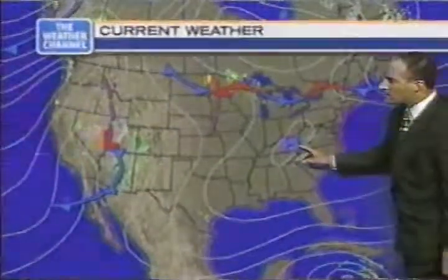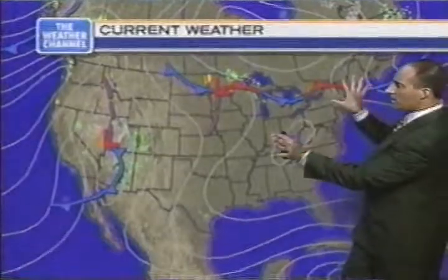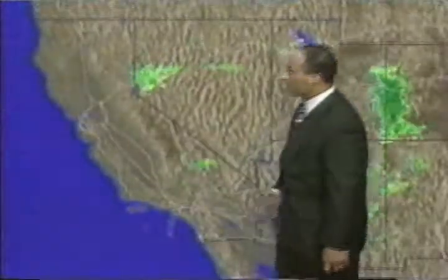Unbelievable. High pressure across the east. You see this? Get used to it, because you're going to see this all week. It's not going anywhere. The low pressure to the north will just slip to the southeast almost as an unnoticed front. It'll be mostly a dry front, but it's going to bring another polar high down and just reinforce this one. The storm in the west continues to crank up tonight with rain showers and thunderstorms,